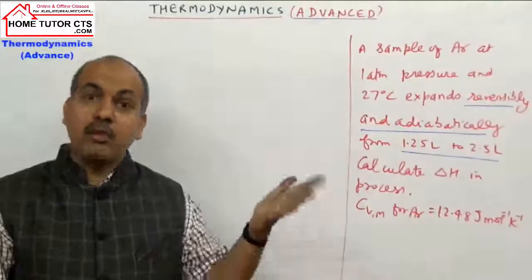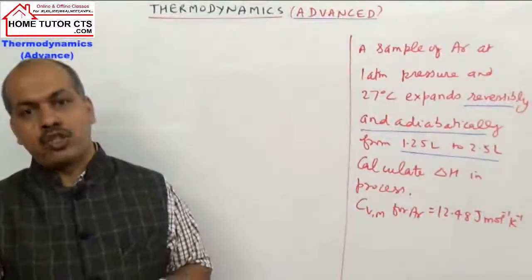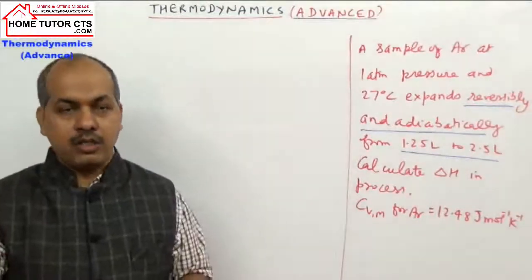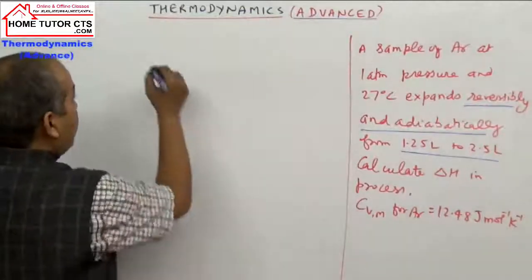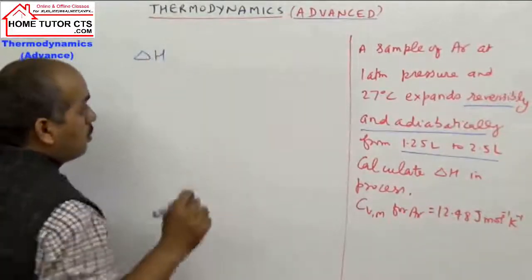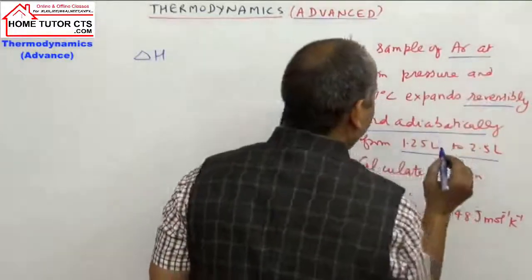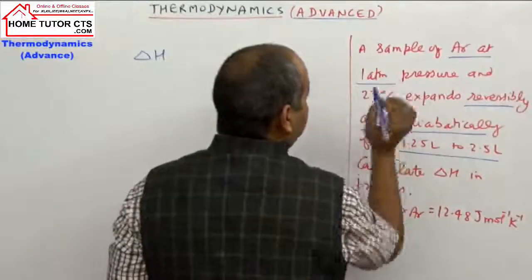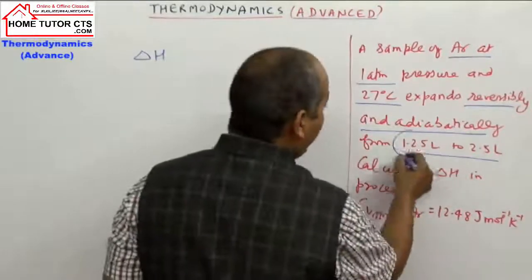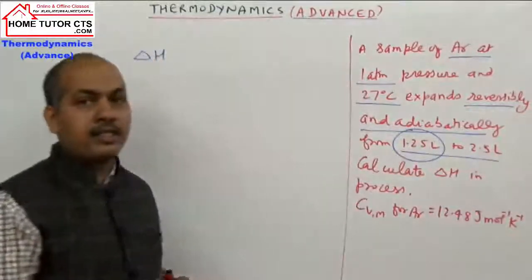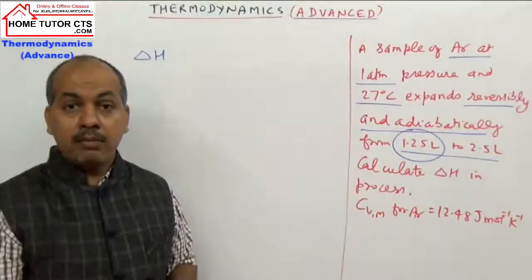For work done, energy will be required. So in this case, temperature will not remain constant in adiabatic conditions or expansion taken here. So what happened in this case? To solve this question, delta H. Now one thing more, we are not given, means argon given, a sample of argon given to you at pressure 1 atm, temperature 27 degrees Celsius, initial volume 1.25 liters. That means we don't have 1 mole, we have different number of moles.